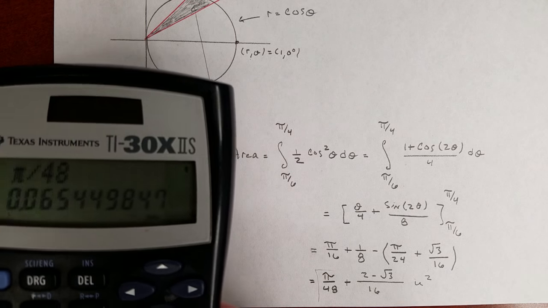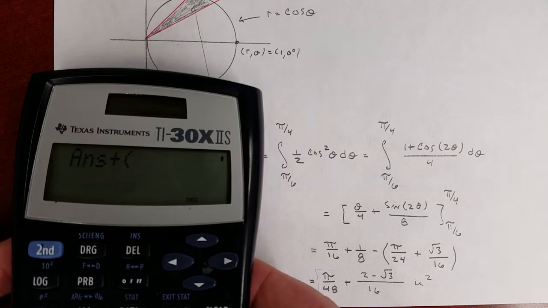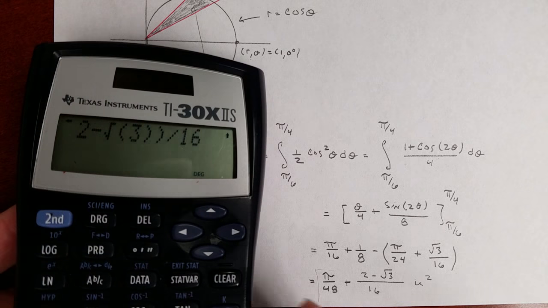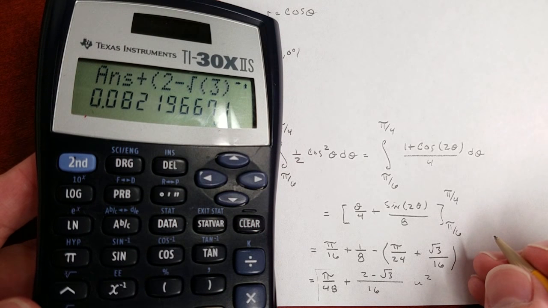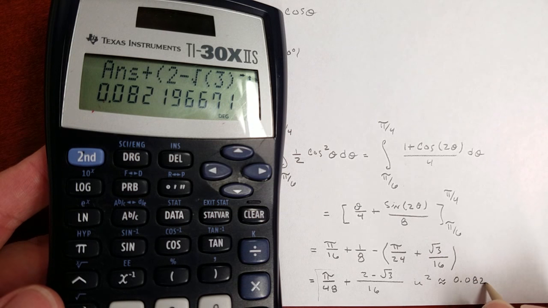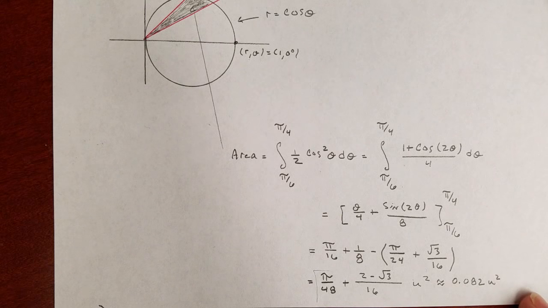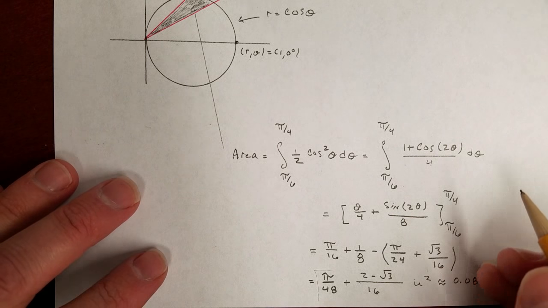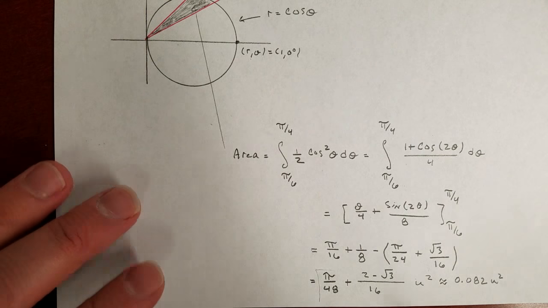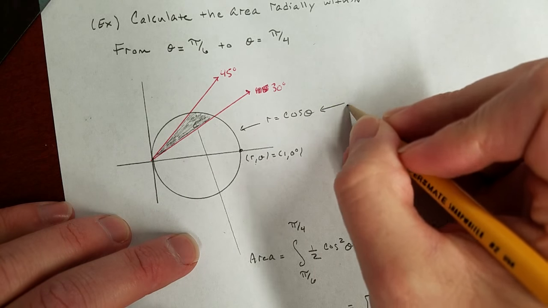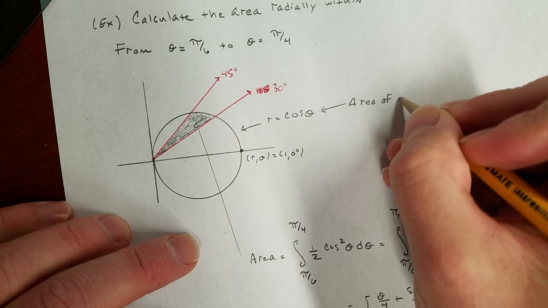Say take pi over 48 plus, and I'm going to do 2 minus root 3 over 16. Okay, so I get not very big, 0.082, so about 0.082 square units. Okay, so not very big. Kind of curious, like, what's the area of the entire circle? Alright, so just as a comparison, because sometimes through doing this we might need to find the area of a circle, so let's go ahead and examine this, and I'm kind of curious to compare with that number. So let's see, area of this entire